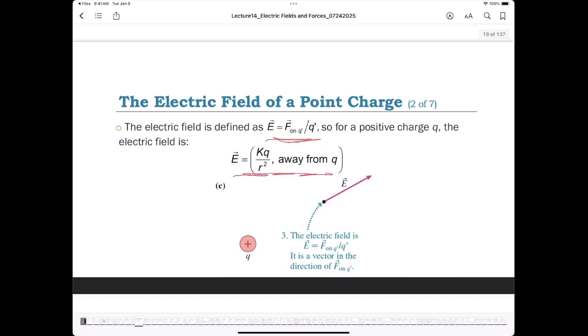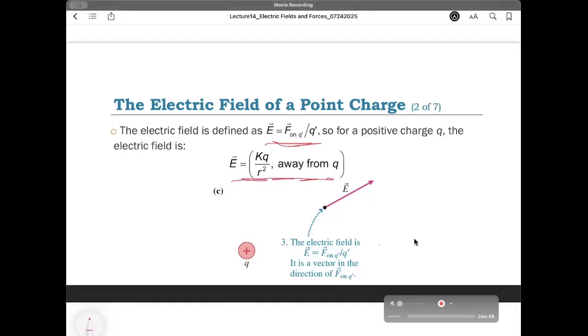So the electric force is in this direction, so the electric field is also in this direction, and the magnitude you can get from this equation. Does it make sense to you? Okay, let me talk about why